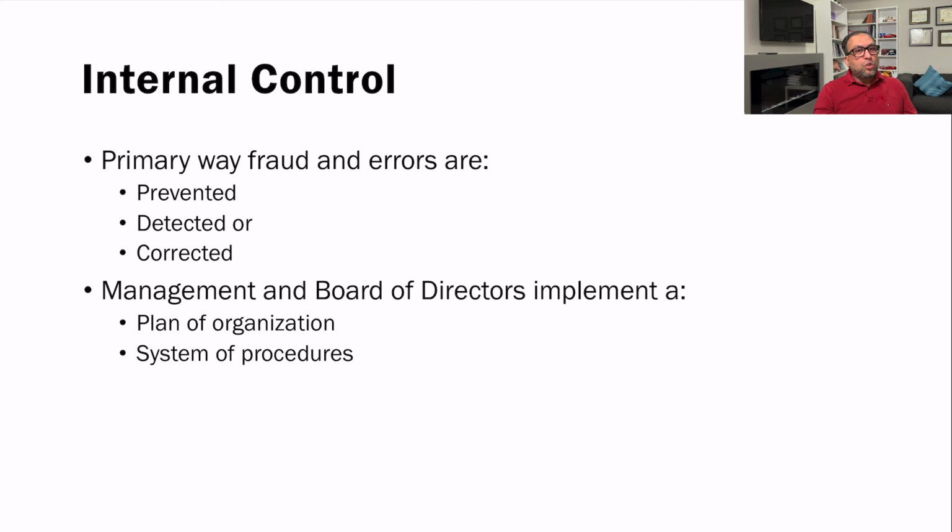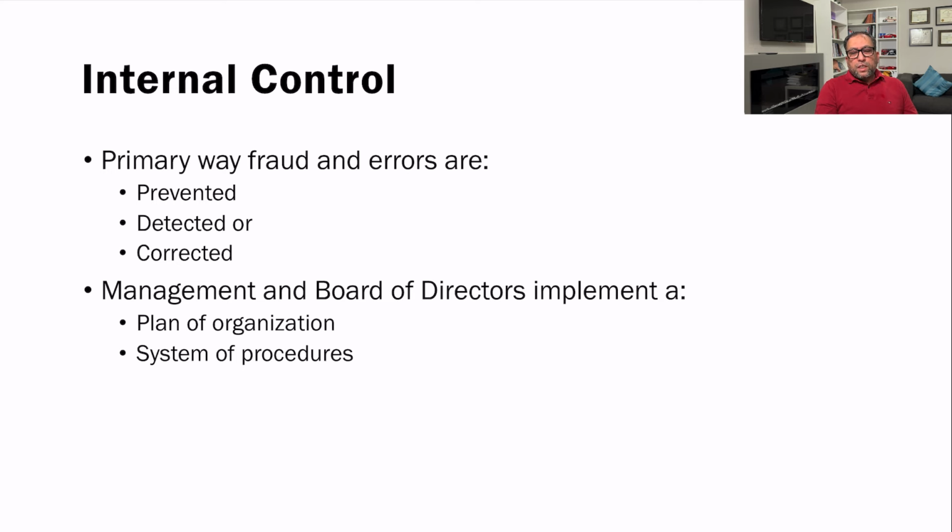Sometimes it happens that the fraud happened 10 years, 5 years or 2 years back, and then the corporation or the firm realizes and asks why this has happened. That's the point: it should be detected more quickly. And then there is a way to correct it in the future so that it does not happen again. And for what has happened, we have to correct it, or we have to compensate for it. So these are the primary ways: prevent, detect, and correct.